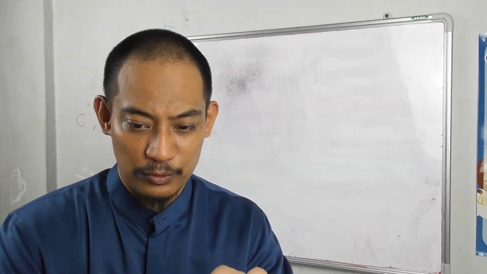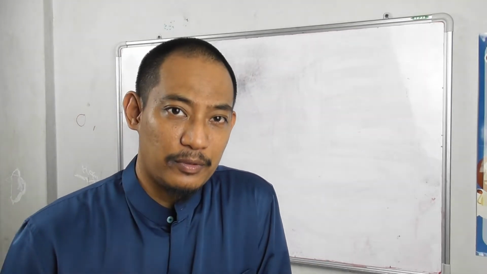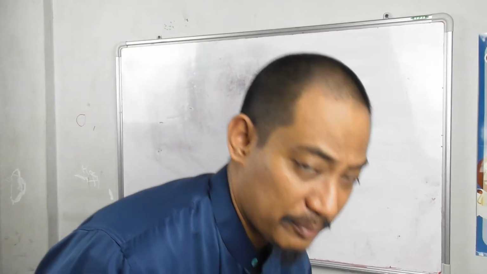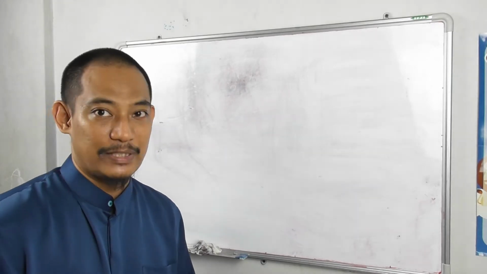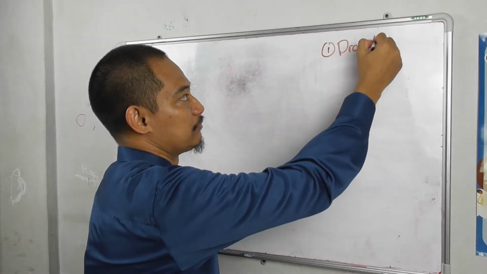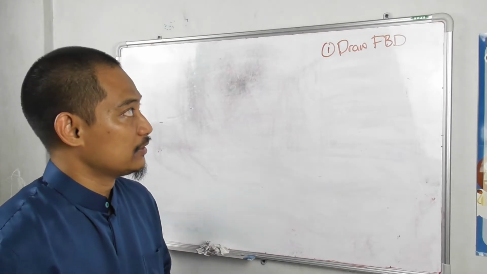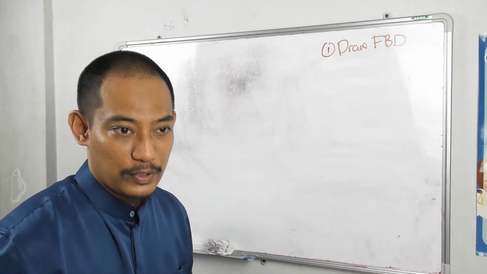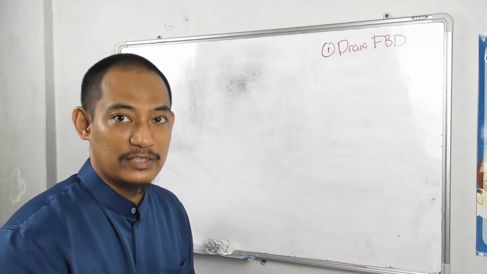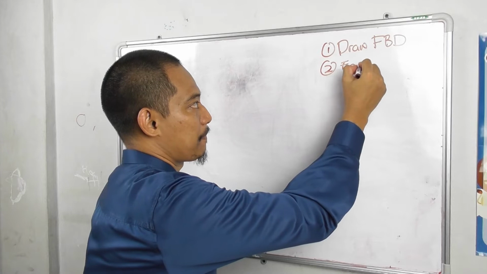Before we go into any of the specific questions, this is my first comment. In any equilibrium problem, the first thing that you have to be clear about is the steps to answer it. The step is basically this. One is to draw the free body diagram. That is actually a must, because this free body diagram is the foundation of what comes next, which is the equation